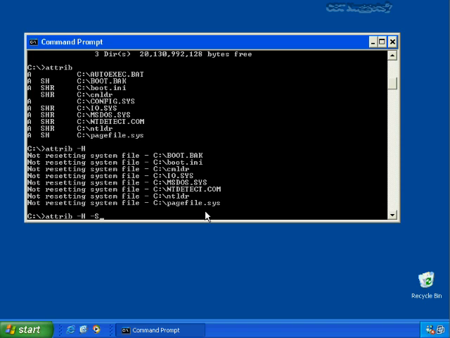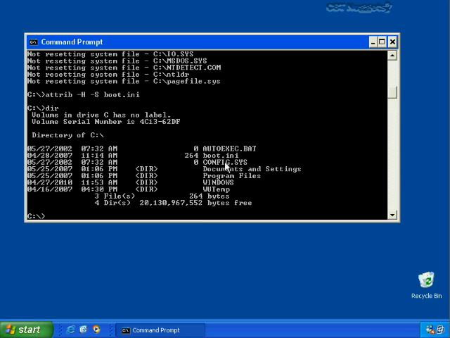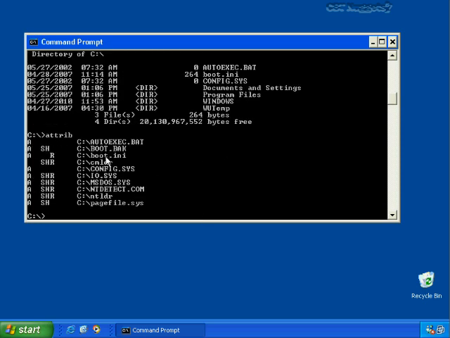And what else has it got? A minus, it's read-only also, so I could possibly change that as well. But I'm okay with that. So I'm going to subtract the fact that it's hidden and subtract the fact that it's a system file for the boot.ini file. And then now when I do a dir, we'll see that we were able to see the boot.ini file. And if I do attrib again, then we'll see that again the boot.ini file is now an archived, read-only file. That's it.